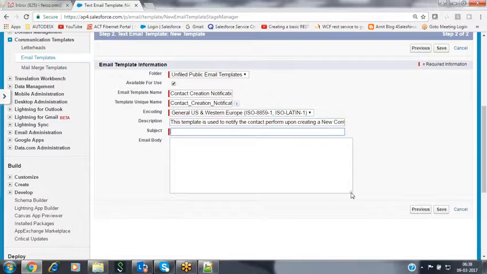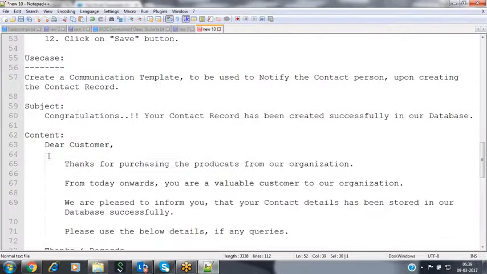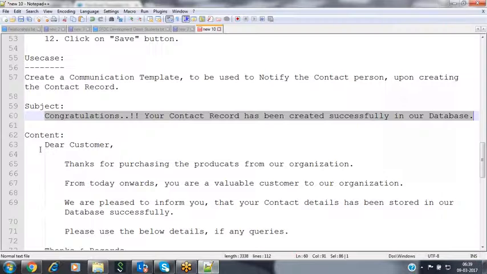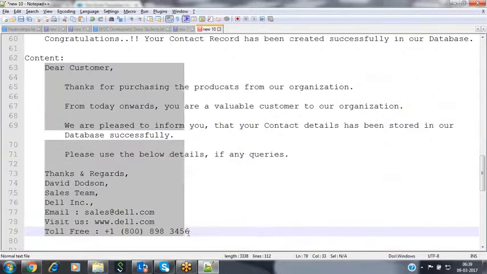The subject and the content, whatever you want, you can place inside that. That subject and content we have already prepared. So let's go to our subject. Copy the subject over here. Now paste the subject inside the subject field, and copy that content. So this is the content that I'm going to place inside this.